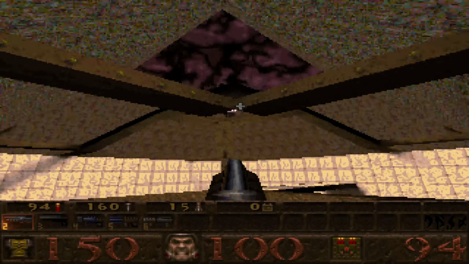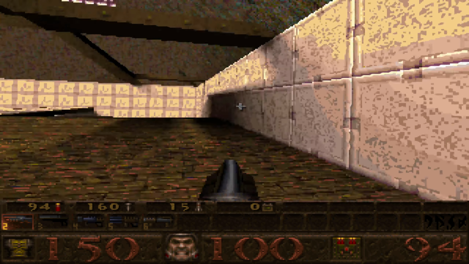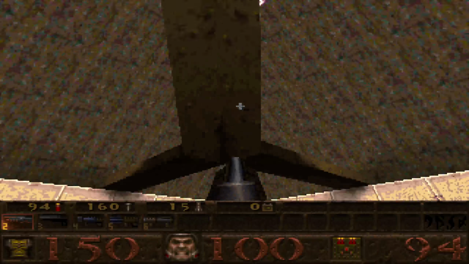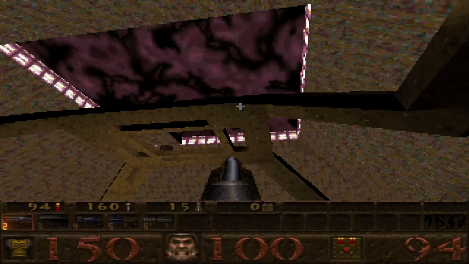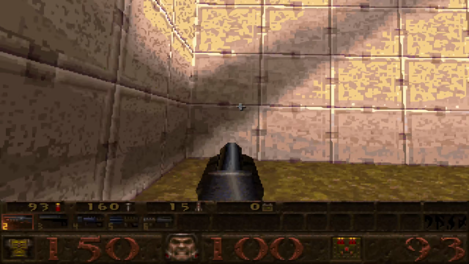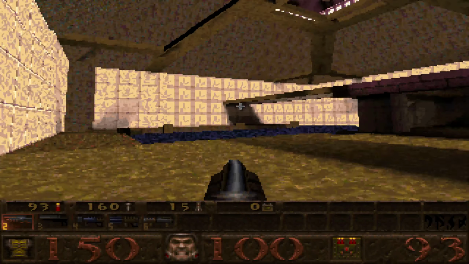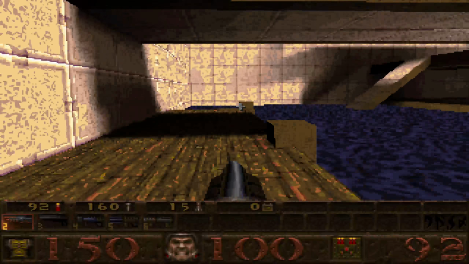How does one activate this? I gotta think this out, people. We gotta figure this one out. I mean, there's gotta be a clue or something, right? Right, guys? Right?